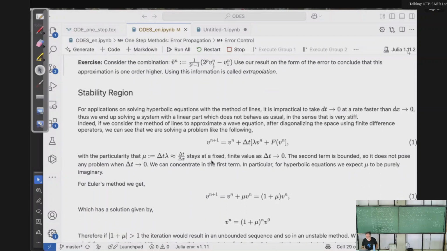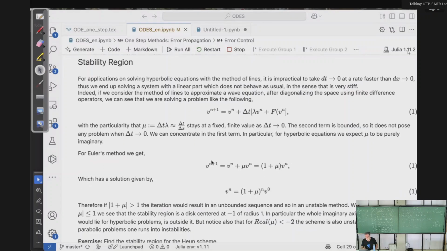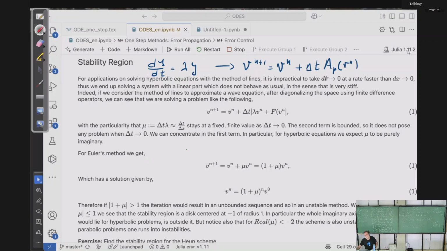So now we are going to another point, which is important and we discussed already a bit, and that was the stability region. Namely, the region where if you look at the equation dy/dt equals lambda y, and then you do your one-step method. Remember, this was y_{n+1} equals y_n plus delta t times f of y_n. We have this method and we solve this equation, and when we put the y, we can compute what this thing is, and you will get something like